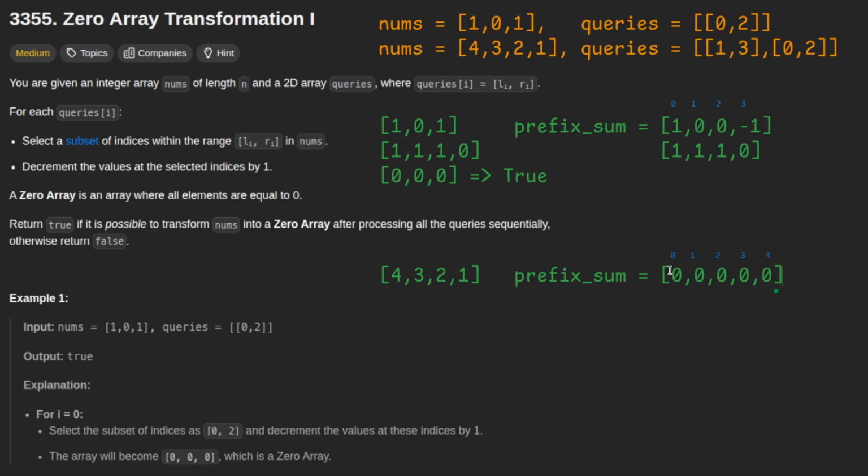Now what I need to say is that I look at the queries and I say that the left index is 1, I will increment it by 1, and the right index is 3, so I will do minus 1 at 3 plus 1, right? Now for the second, left index is 0 and the right index is 2, means 2 plus 1 is 3, I will do minus 1. So if we see what prefix sum is created,